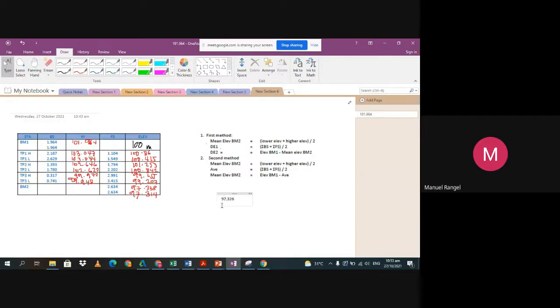Then for the HI, the summation of backsight and foresight, one rod is 101.964 plus